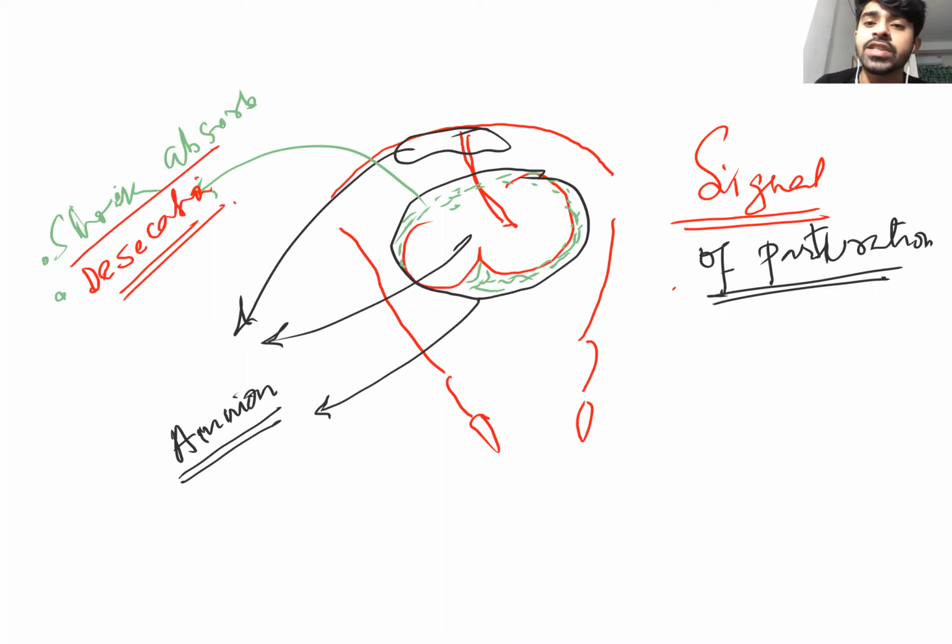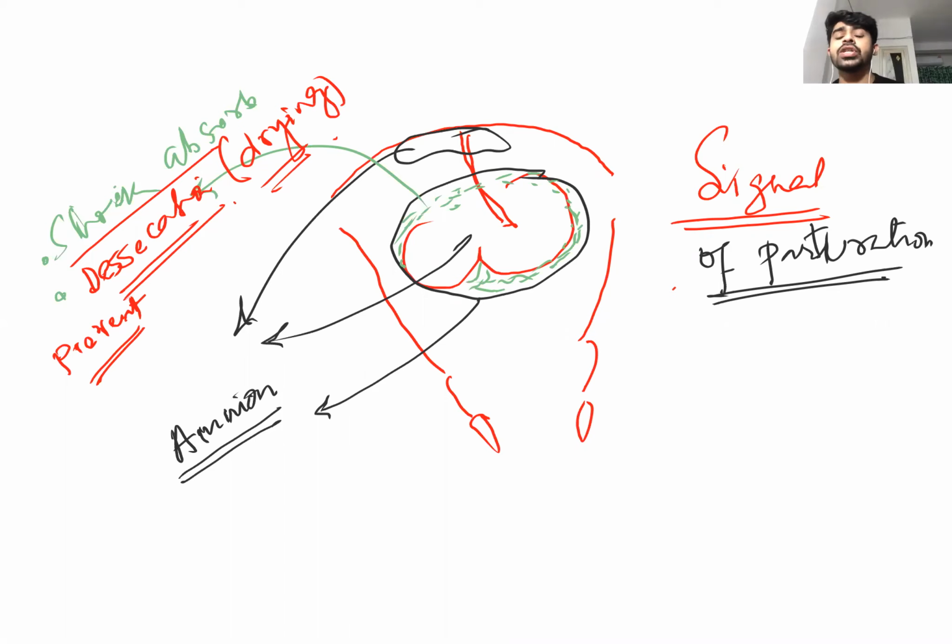Are you getting my points? So they are preventing desiccation. It is desiccation with a double S, I think. Yes, so this is desiccation. They will prevent desiccation, so write down prevent. You must add this word prevent, otherwise you might be confused. They will not cause desiccation; they will prevent desiccation. They will prevent drying. Desiccation means drying. So shock absorption and prevention of desiccation are the functions of the amniotic cavity.